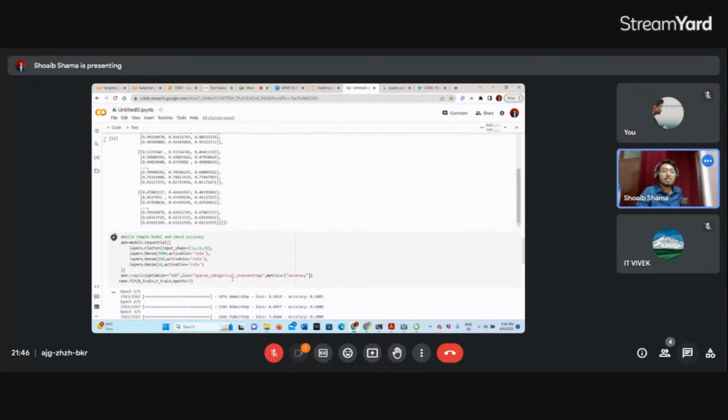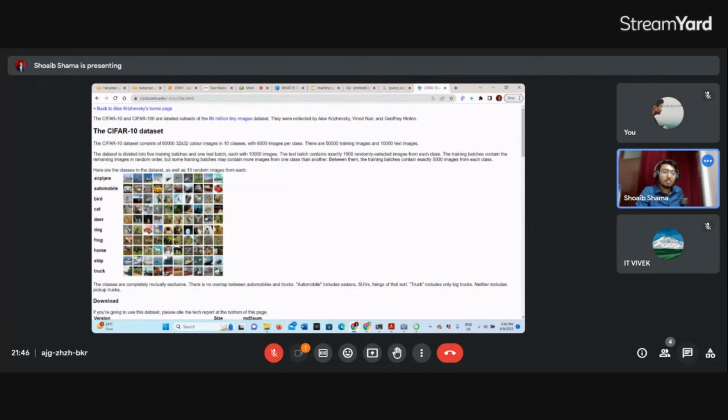I've used sparse here because of the data which we have. We have data like this, where there are 10 classes and in which we are using one thing. That's why we have used sparse categorical here. If things were in X train and Y train in an array form, then we can use categorical.